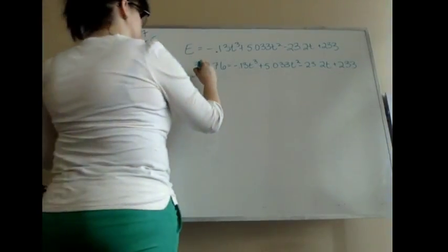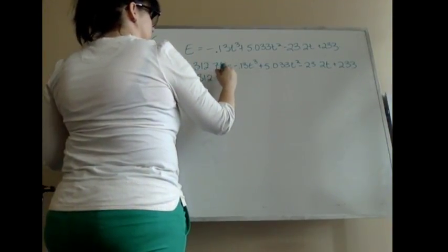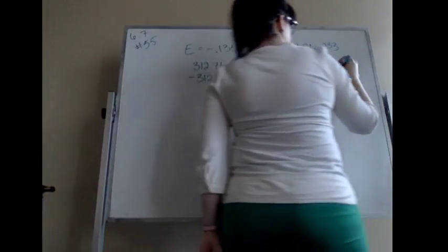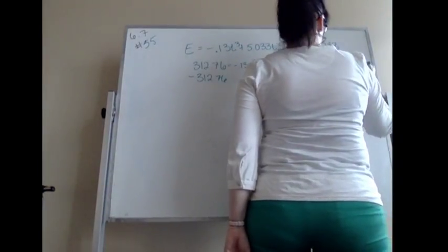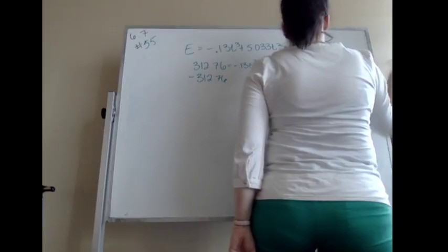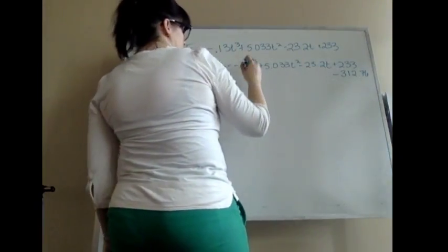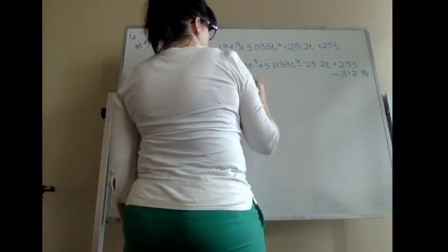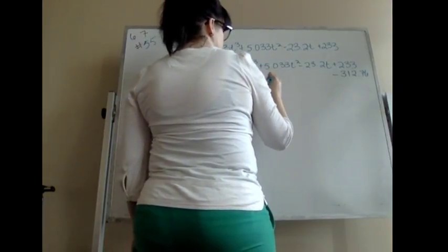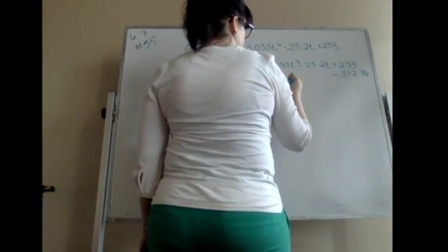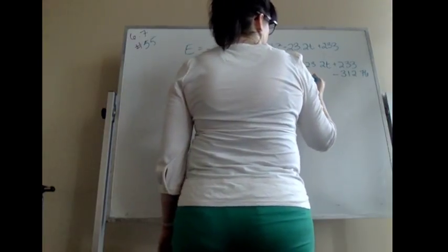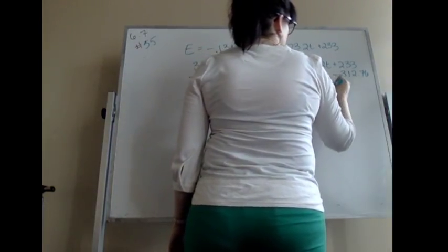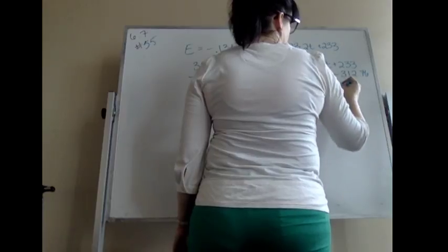Get everything to one side. You get 0 equals negative 0.13 T cubed plus 5.033 T squared minus 23.2 T, and then minus,